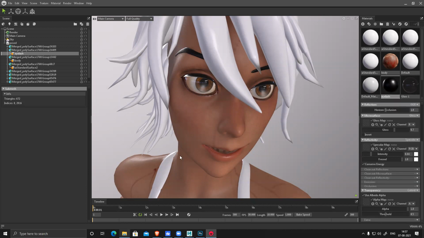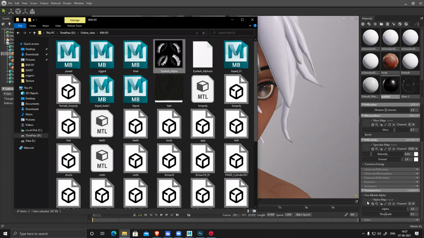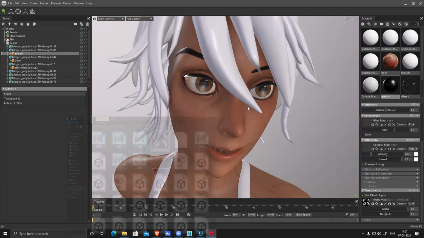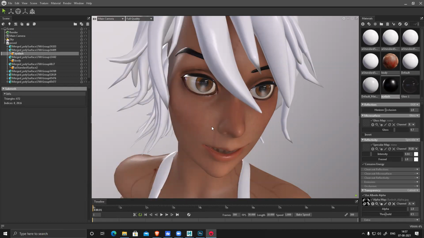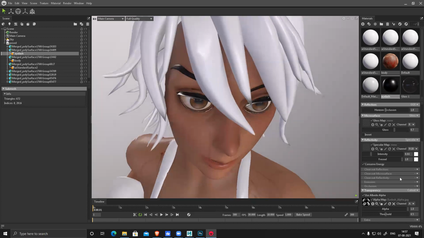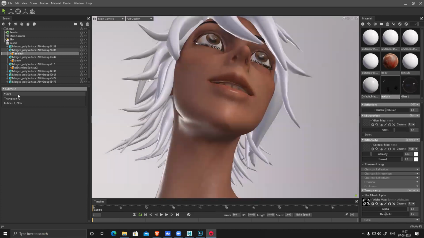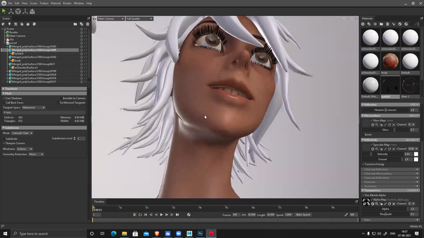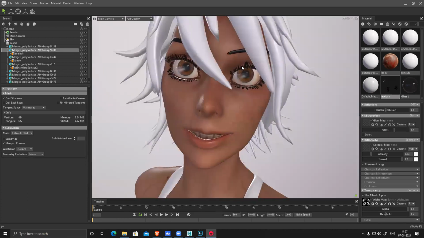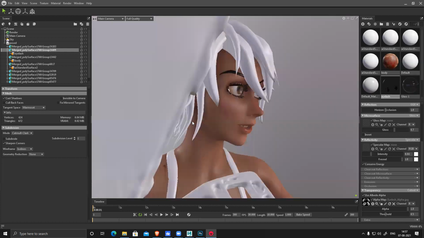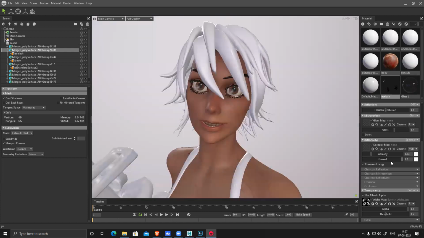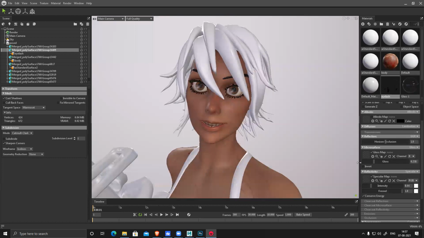And just simply drag and drop your eyelash. There. And select the mesh. Switch off backface culling. It's gone. Because this wasn't visible properly, I made it a little stronger, probably the distance, so it will be visible. And it will be glossy, so I'll make it not so glossy.